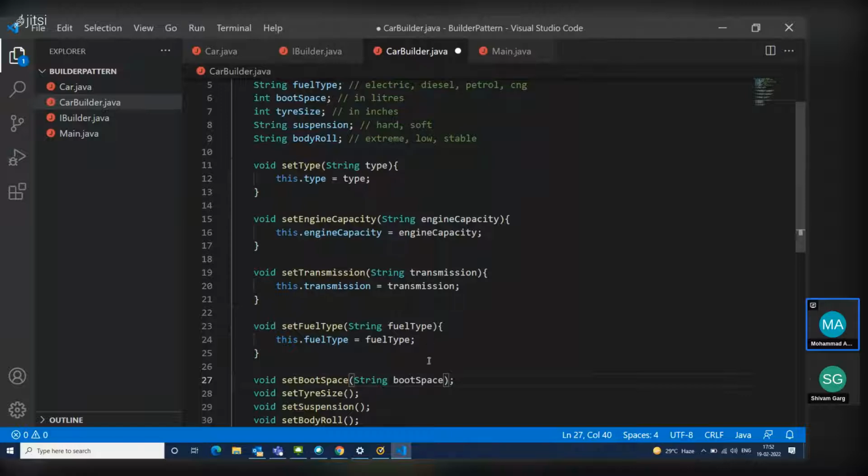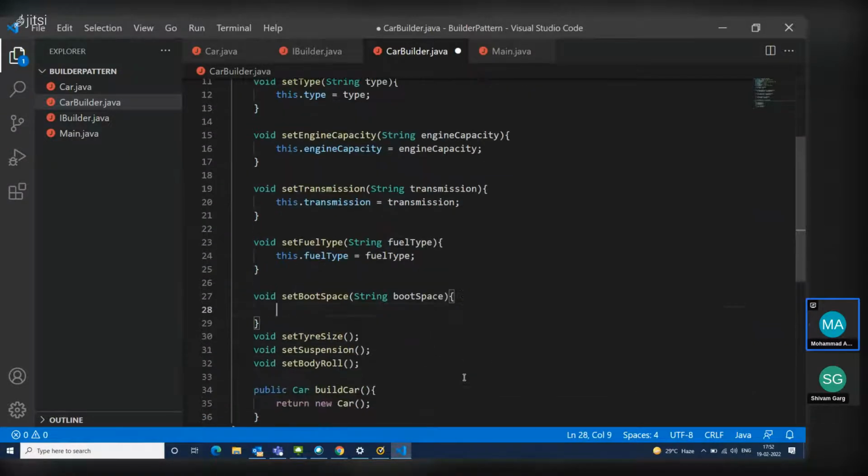So, next, let's add boot space. this.bootSpace equals bootSpace, and then